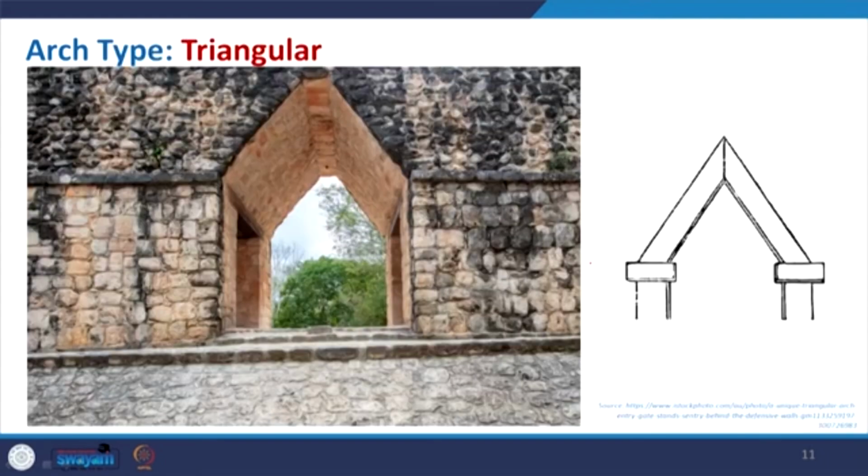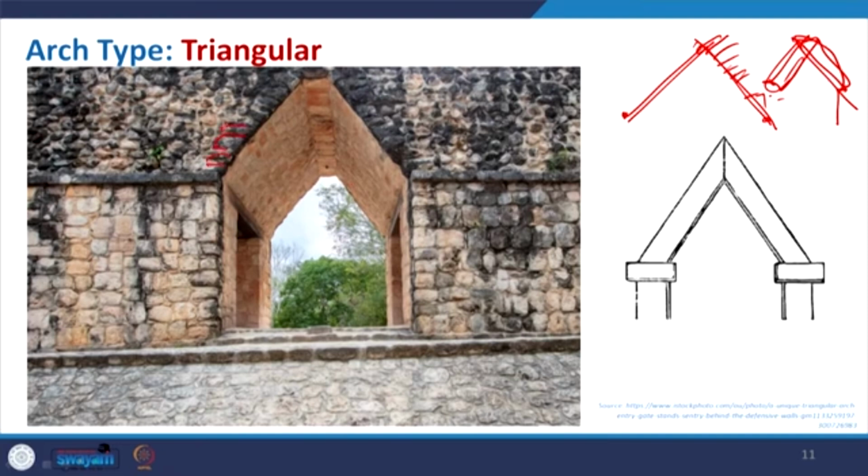So, let us see some of the examples. The triangular arch is a very simple form where two members are just supported like this. It can be a combination of bricks, or sometimes earlier even this arch was formed with a single stone. So, two stones are put together in this alignment, which gives this particular form. This doorway opening is formed with this, and if you see it carefully,